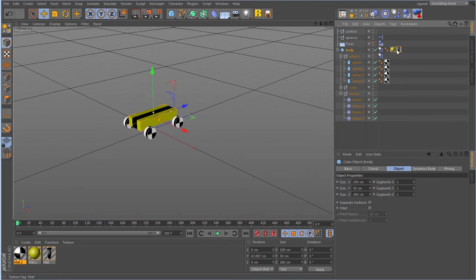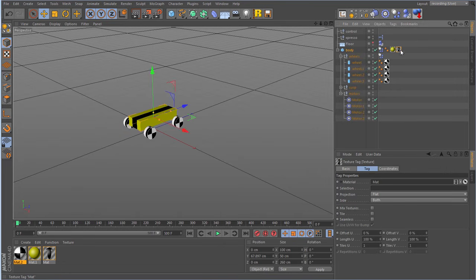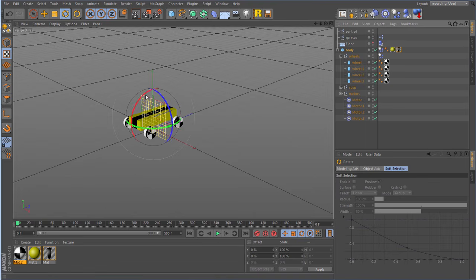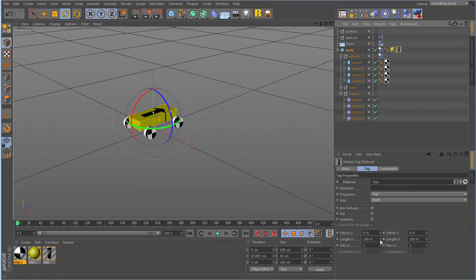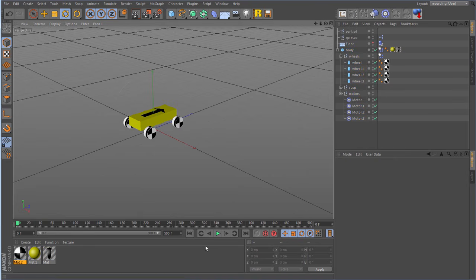I use this so infrequently that I always forget exactly how to do this, so bear with me for a minute. I just tweak that so it's a bit more 90 degrees, yep. And just a little bit more tweaking, I think. Okay, now we've got an arrow so we can see which way our car is going.